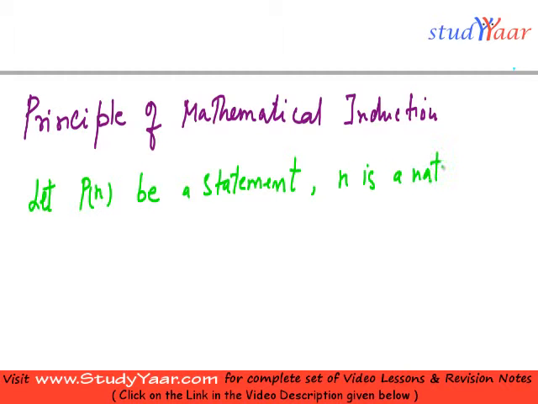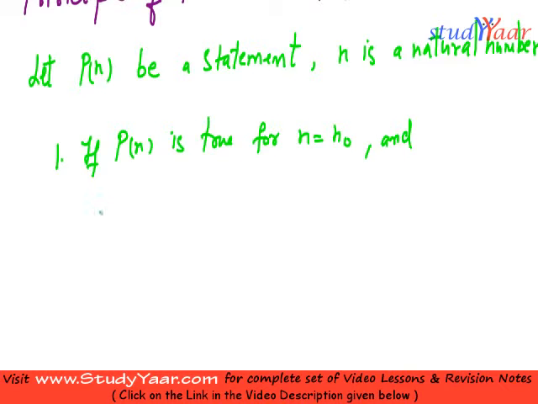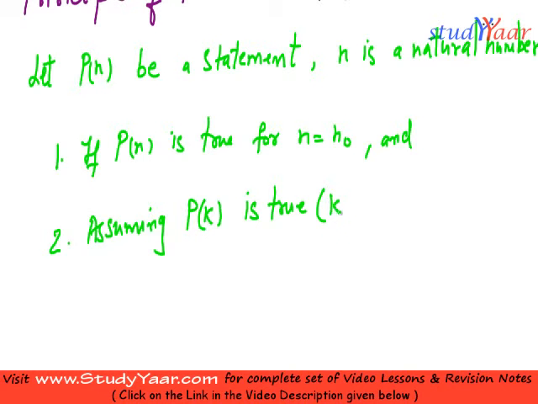Now if P of n is true for n equal to n0, or any initial value of n, and assuming P of k is also true, where k is any other value for n, assuming P of k is true where k is greater than or equal to n0, then